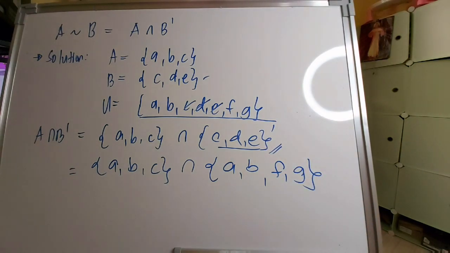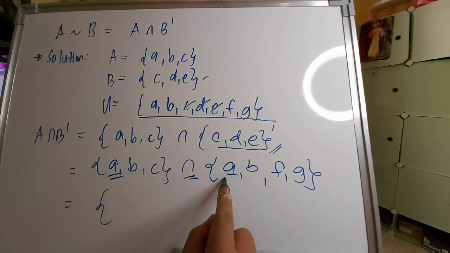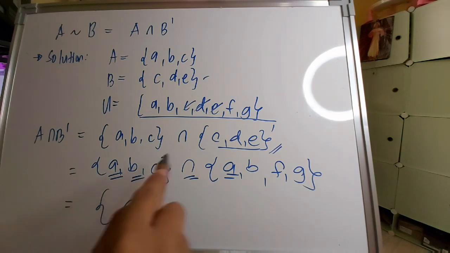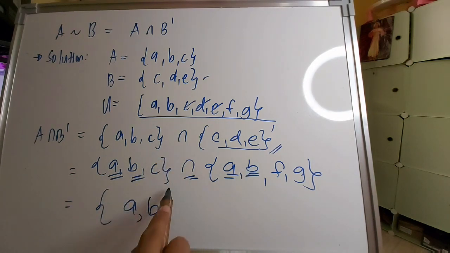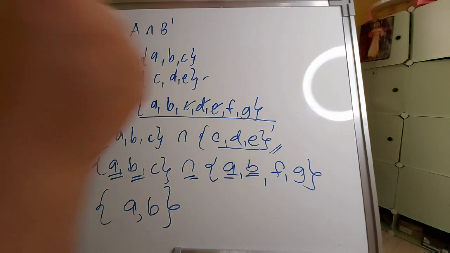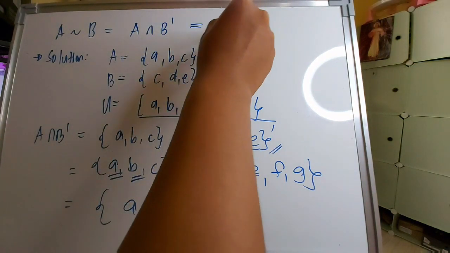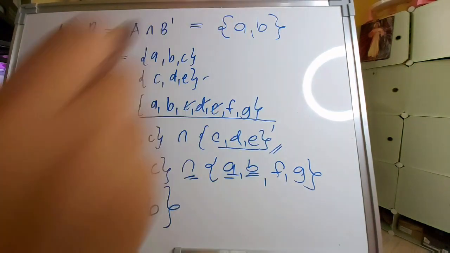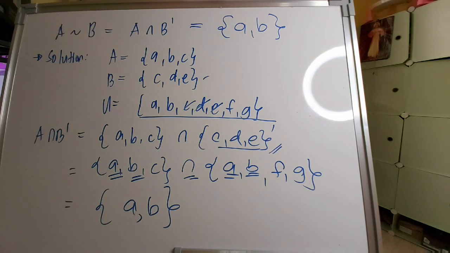So now we can get the intersection of the two. So what are the common elements? We have A, then we have A on the other side, and we have B, then we also have B on the other side. So therefore, A and B is the answer. And yes, it's true. So therefore, we show that the difference of A and B is equivalent to